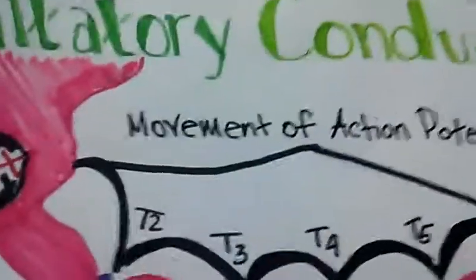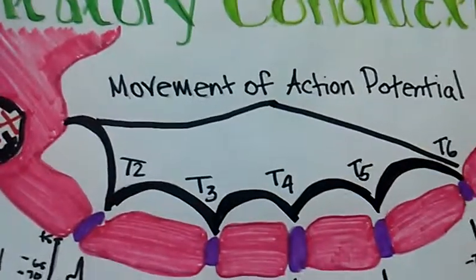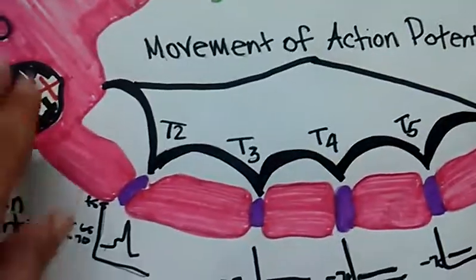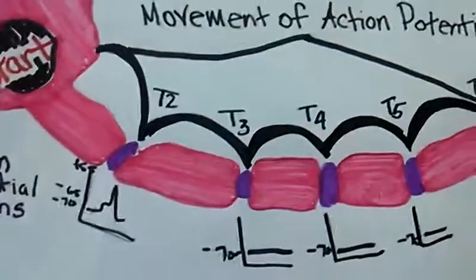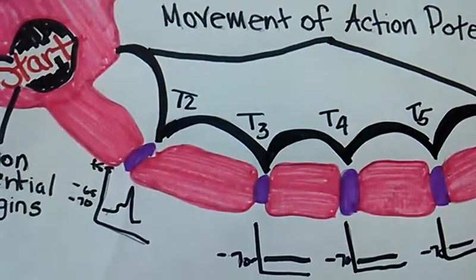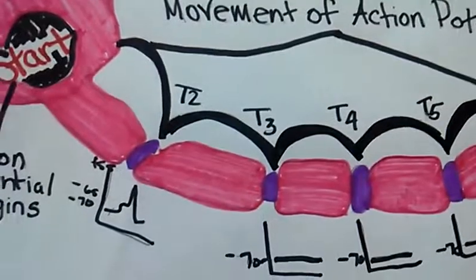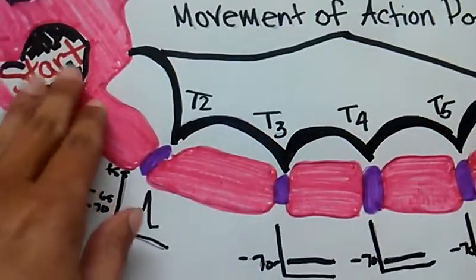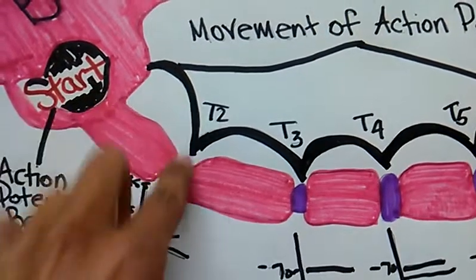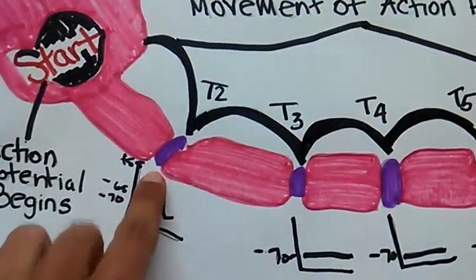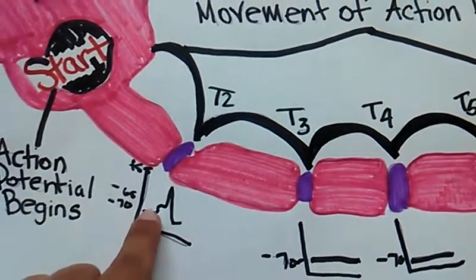The movement of the action potential along the axon shaft is called saltatory conduction. And what occurs is as the action potential makes waves over the myelin sheath and hits a node, the action potential